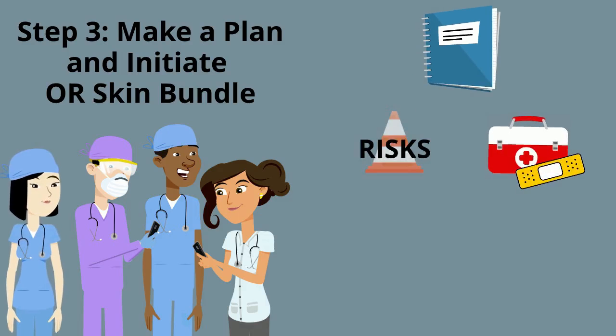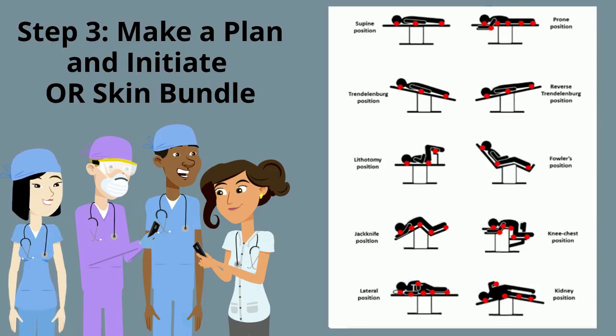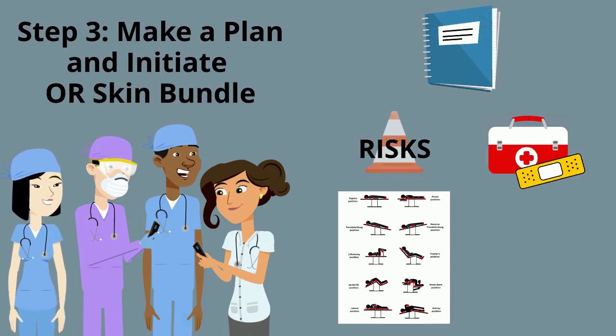Once you've got your plan, it's time to initiate the OR skin bundle. This includes all the standards for positioning, plus ensuring that all high-risk patients are placed on pressure-reducing support surfaces, and applying prophylactic dressings to bony prominences, such as the sacrum and heels. You should also work with the interdisciplinary pressure injury prevention team to evaluate and select other pressure injury prevention products